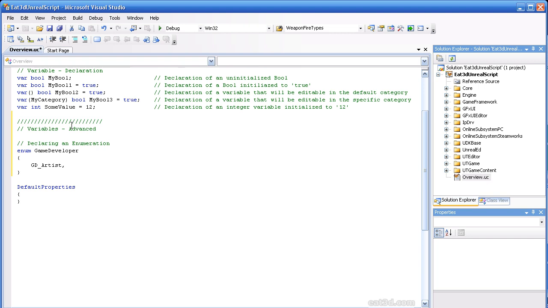And you can either do this all on one line or drop it down. I like to drop them down for readability. Could be a designer. Could be a programmer. And we also could have an audio. Okay, so there's 4 kind of high-level disciplines. Of course, you get producers and all those other different roles, but we'll just keep it simple for this case and show these 4 different disciplines or roles that a